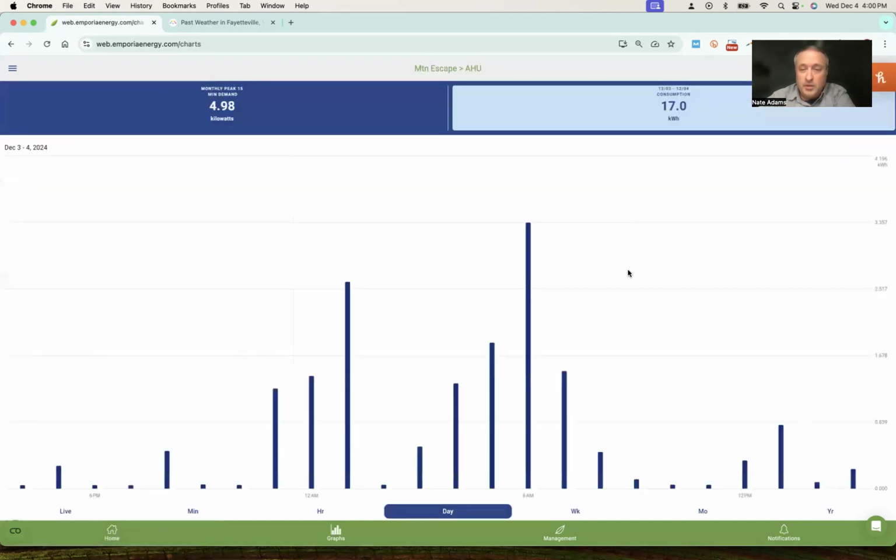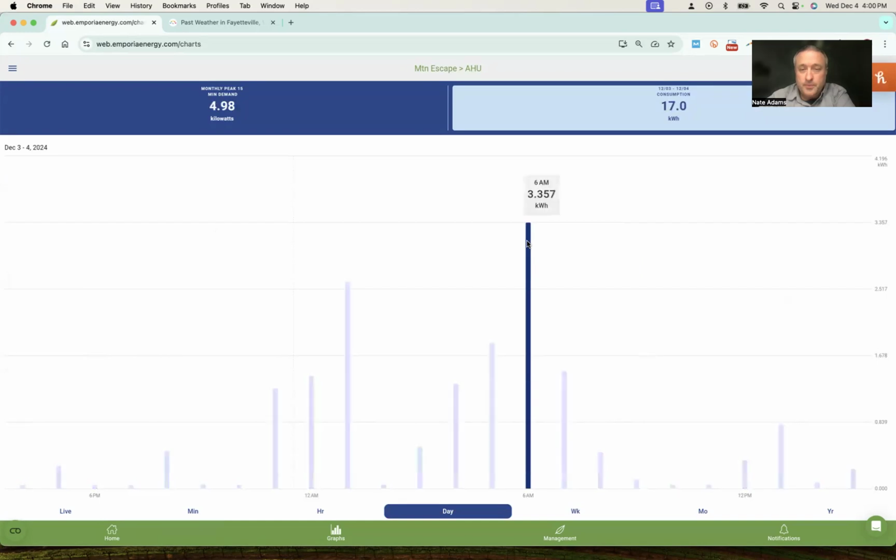And then we'll look at the air handler. So it used a little bit of resistance. It's actually not bad at all compared to the game house, for instance. But the game house, I need to play with the commissioning. I'm not totally happy with where that is. But here we are, it's used a little over 3 kWh at 6 this morning, which is fine because